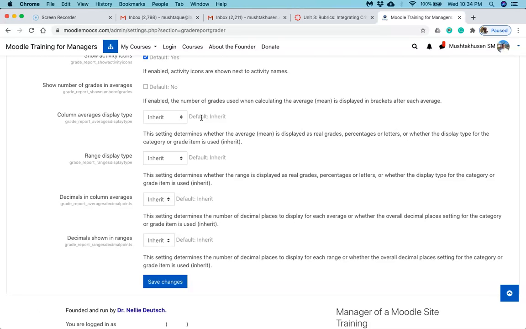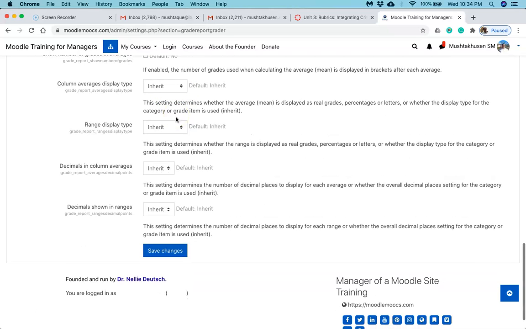Now here I would like to tell you something about inherit. Inherit covers real grades, percentages or letters. Since it covers three different items, it's always better to select inherit. Since it is inherit over here, range display type would be inherit.